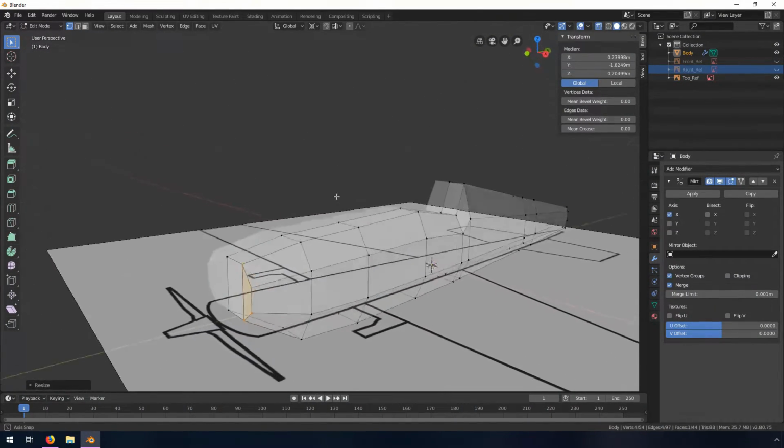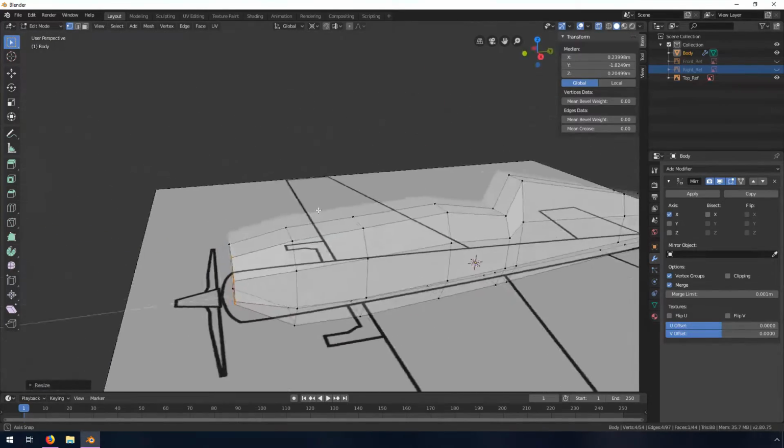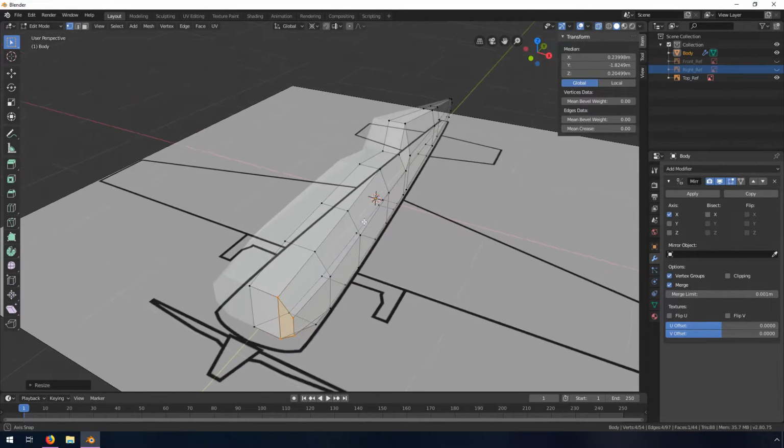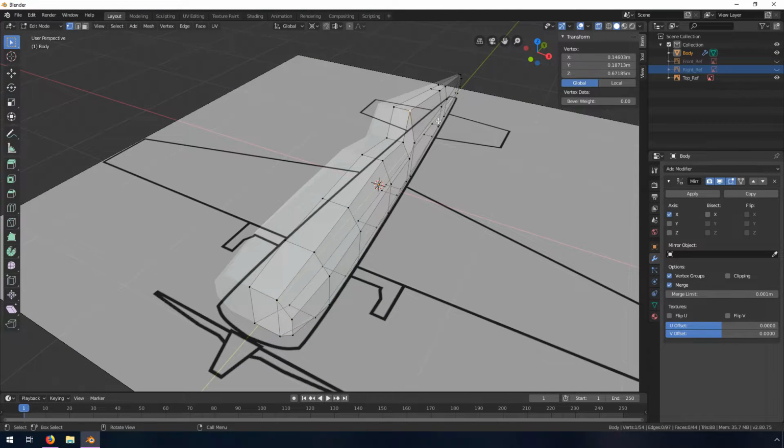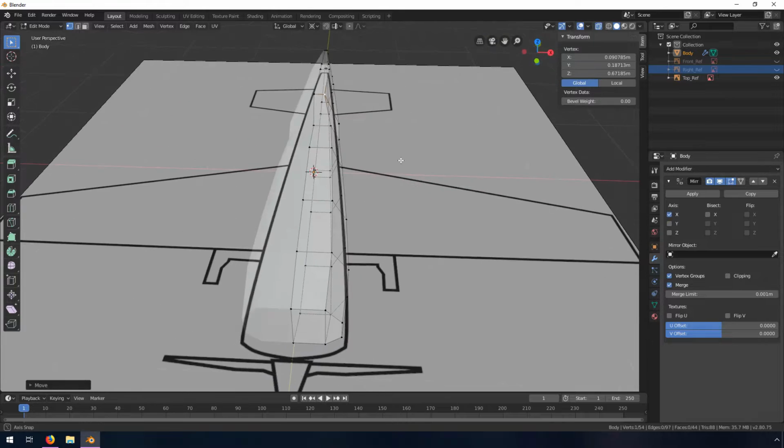All right, so now I'm pretty happy with how this body looks at this point. So I'm going to just make a minor modification. I'm going to click on this. I'm going to hit G and X and just slide it in a little bit. And then